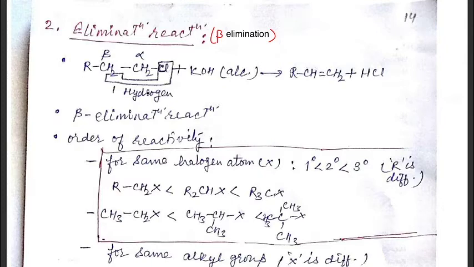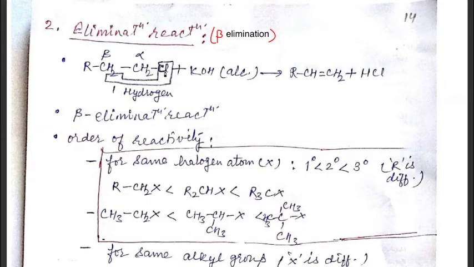Halogen and hydrogen from the nearby carbon atom to the halogen containing carbon atom is eliminated, and hence we get hydrogen halide and alkene is produced. Along with halogen, hydrogen is eliminated from nearby carbon atom, means from the carbon very next to halogen containing carbon atom. And since this carbon atom is called beta carbon atom, these reactions are called beta elimination reactions. In case of primary alkyl halides, only one beta hydrogen atom is available, so only one type of beta hydrogens are available.